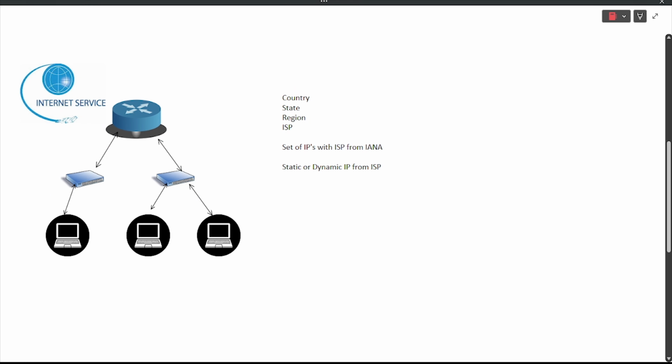Before we move to how Azure provides internet connection, we must know how our on-premise or home network gets internet connectivity with our laptops or mobile phones, which is connected through the router. So let's suppose this is machine A, machine B, and machine C, and here we have